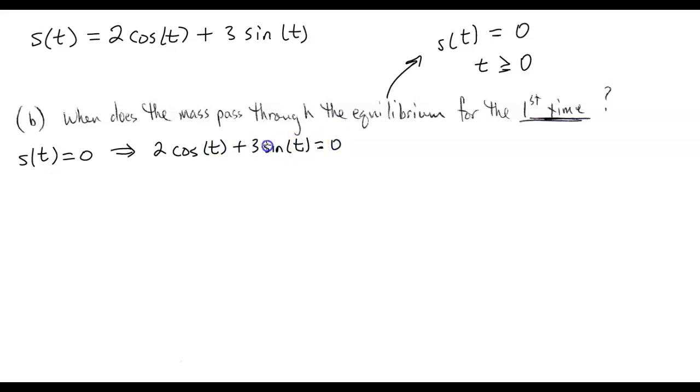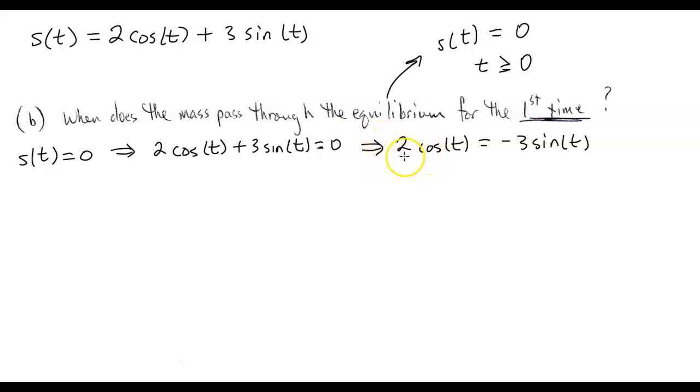And so to solve this, we just need to algebraically manipulate what's going on here. What I will do is just go ahead and subtract both sides by 3 sine t. So this will be 2 cosine of t equals minus 3 sine of t. And from that,